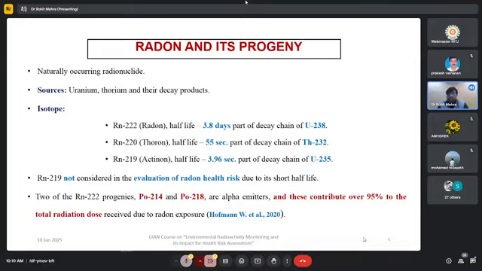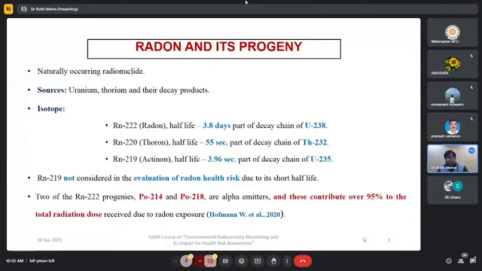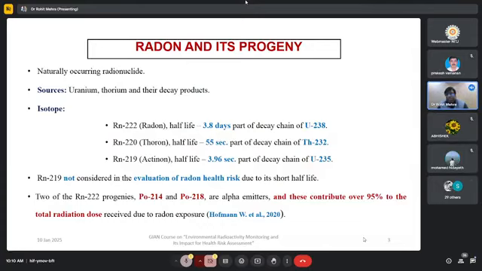And just to remember, one thing is very important. You should know the basic half-lives, the basic outputs of alpha, beta, and gammas, or energies of alpha, beta, and gammas, especially on the radionuclides you are working on. So in case of radon, the half-life is approximately 3.8 or 3.7 days.